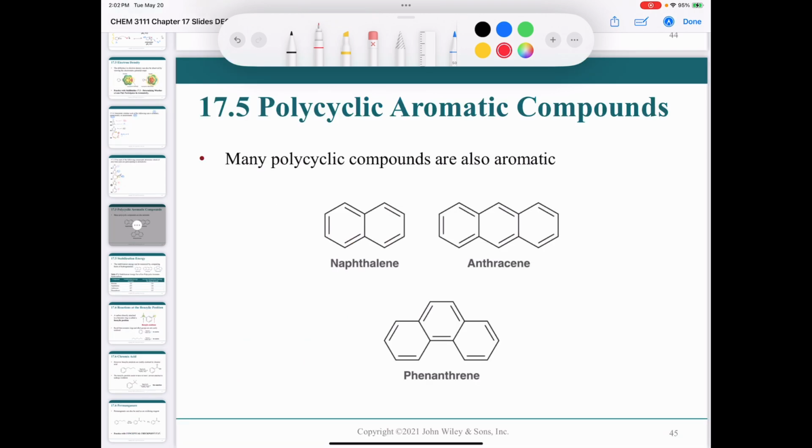Now Huckel's rule is meant to be applied for a single ring of p orbitals. Nevertheless, many polycyclic aromatic hydrocarbons, or PAHs, are known to be stable and have been thoroughly studied. We have 3 here. It might not be a bad idea to commit their names to memory: naphthalene, anthracene, and phenanthrene, shown here. Now these compounds are comprised of fused benzene-like rings, and they exhibit